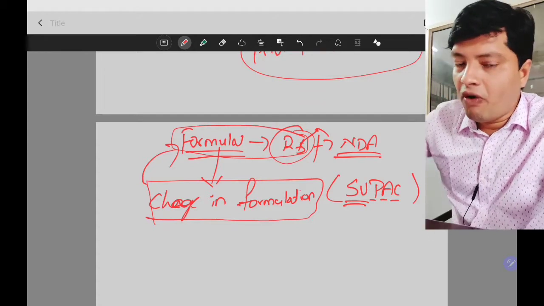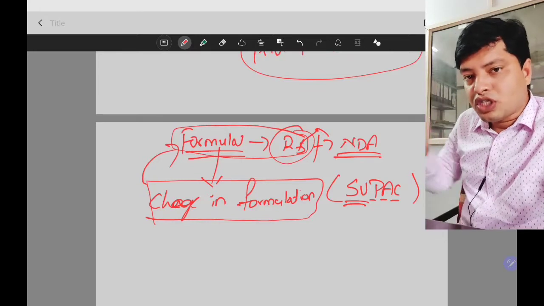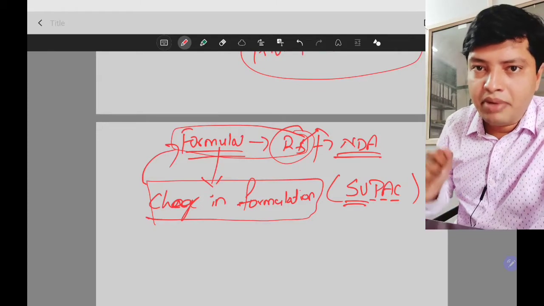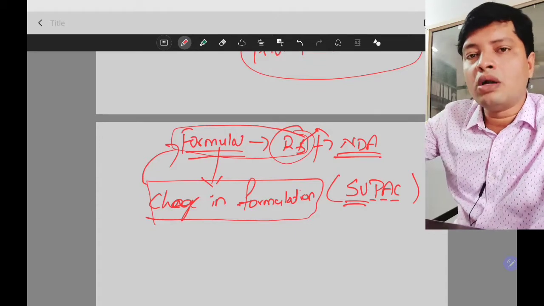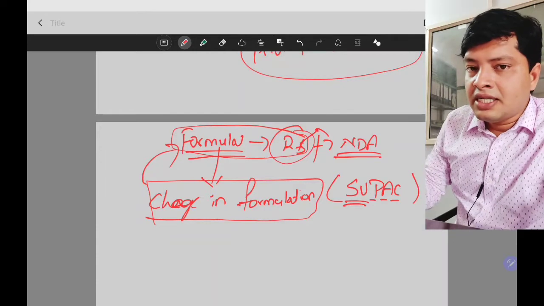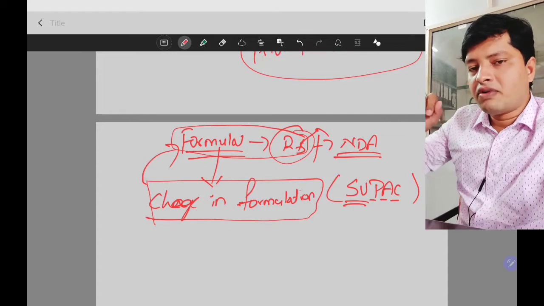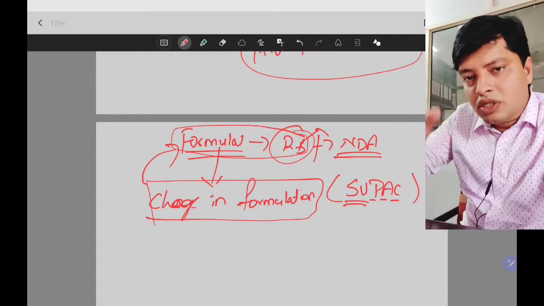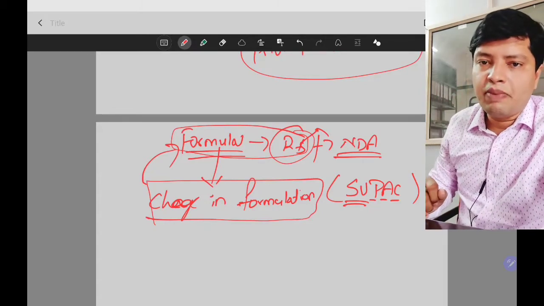For scale up, you found some problems in the formula which has already been approved. You need to change the post approved formula. Why do you need to change that post approved formula? Because you are going for commercialization, you are facing scale up problems and you want to solve them. For that reason you need to change the approved formula. So the name is termed as scale up and post approval changes. That is what is called your SUPAC guidelines.